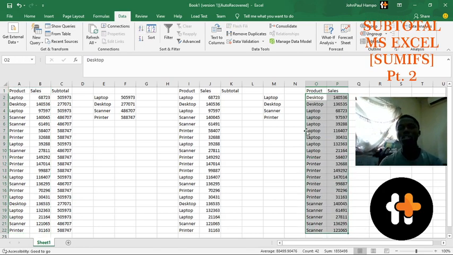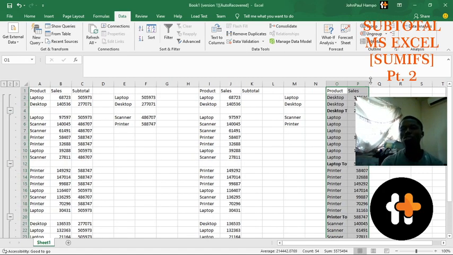Remember, after sorting, I have to make my selection. Then I come over to my data. Under my data, I come to subtotal. I'll click on subtotal, then I'll apply the changes as you see there. I'll select the change in products, use the function sum, then I add subtotal to sales. I say okay. Then when you see this,